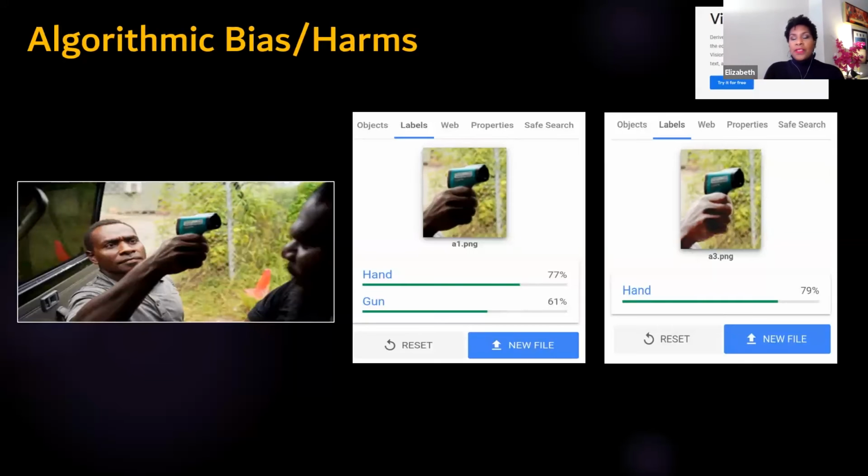So these are the types of technologies that are being sold and used by companies and law enforcement around the world. And law enforcement is using these tools to augment their work. And it's unfair to place the burden of algorithmic bias just on data scientists. There needs to be an integrated ethical approach, which is what I call inclusive tech design.